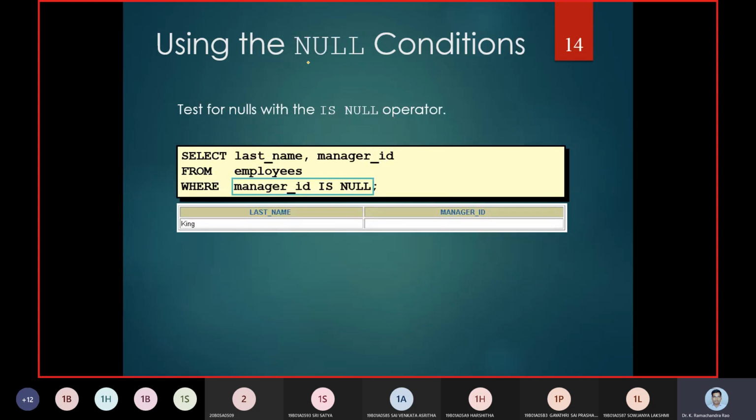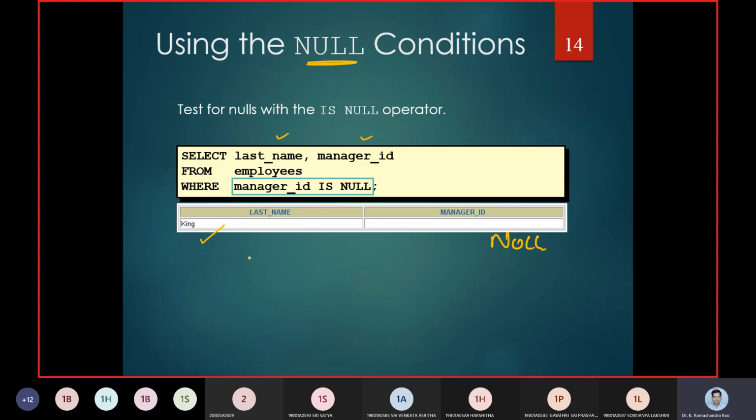And next one was to work with null values. Null values indicate that there is no value included in the field we created. Here we select the last name and his manager ID. Now you can see King and his manager ID is null. Why is it displaying this?